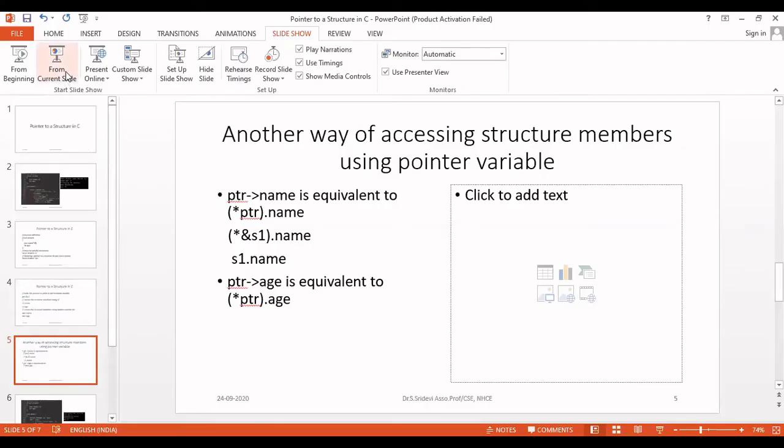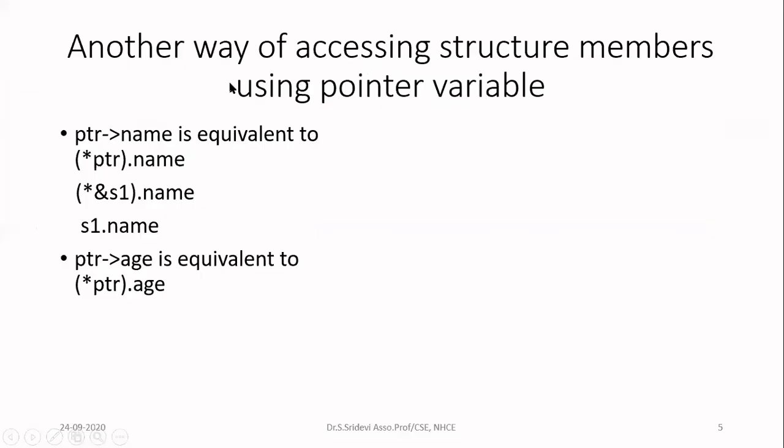Instead of this arrow operator, you have another way also. I told you, you can write PTR arrow name. Instead of that, you can even write within parentheses star PTR, then dot name. Both are equal. Either you can follow. Actually, our aim is we need to access a structure member using the pointer. Either you can write PTR arrow the structure member name, or otherwise you can write within parenthesis. Here parenthesis is very, very important. Within parenthesis, you write star PTR, then dot name.